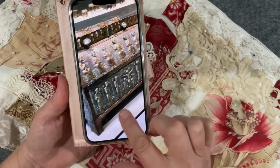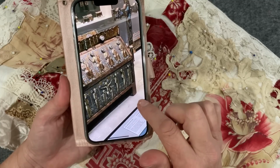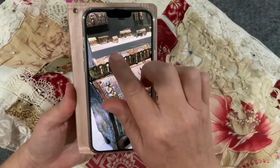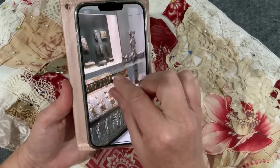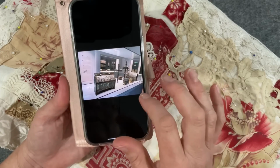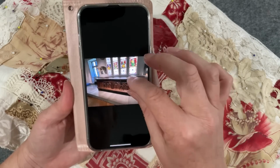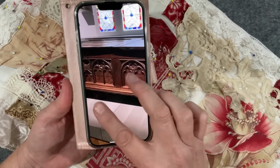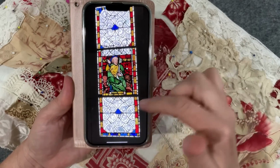And look at these. These are boxes that the clergy would have carried their taxes, their loot, their precious documents, and there was just heaps of them. These beautiful ornate boxes with gems on them, pieces of glass. Just gorgeous. So I really, really enjoyed that. That was a huge box that grain was kept in. It was just such an eclectic museum. Look at those panels. Aren't they just...